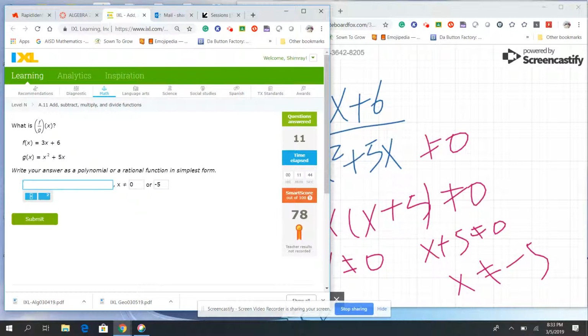And here you just need to put a box and just copy down 3x plus 6 on the top, and then x